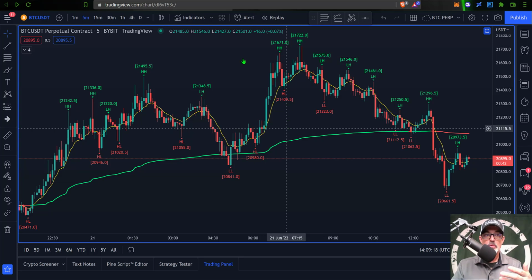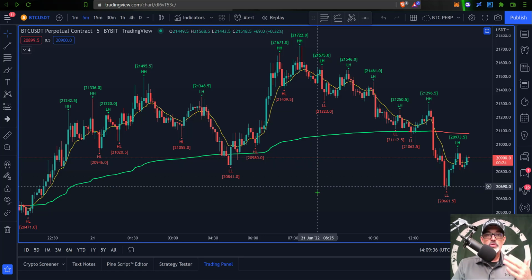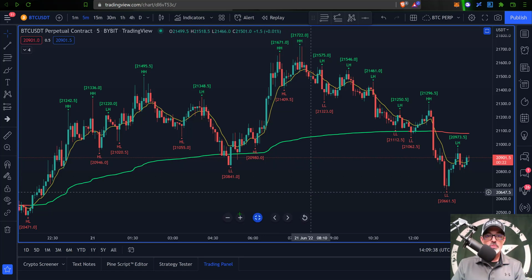You could pull up a chart for Bitcoin USDT perpetual contracts, say over on ByBit, and this would give you an opportunity to go long or short depending on your strategy. Now, in a bear market, the majority of my trades are short. However, I do occasionally take a long, and so in order to actually paper trade, you would need to come